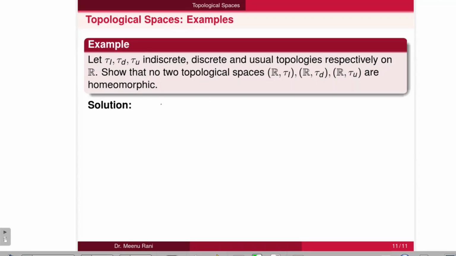Here homeomorphic means if we take a function from one topological space to another, then that function should be continuous, one-one, onto, and its inverse function should also be continuous, or it is similar to saying it is an open map. If we take one function here f1 from indiscrete topological space to discrete topological space,